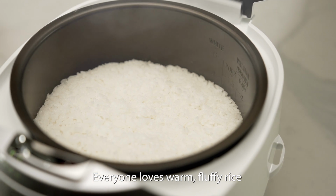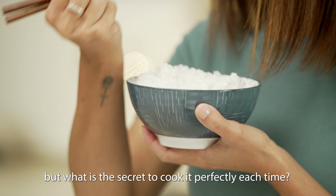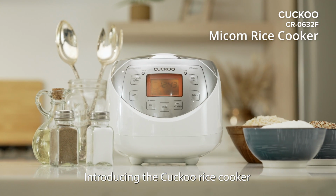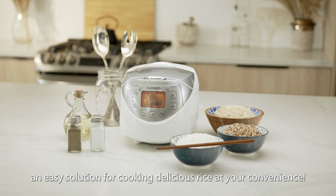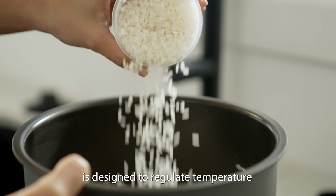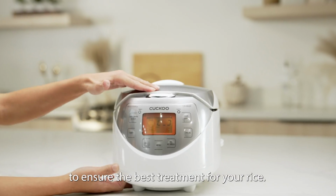Everyone loves warm, fluffy rice, but what is the secret to cooking it perfectly each time? Introducing the CUCKOO Rice Cooker, an easy solution for cooking delicious rice at your convenience. The intelligent cooking algorithm is designed to regulate temperature and adjust cooking time accordingly to ensure the best treatment for